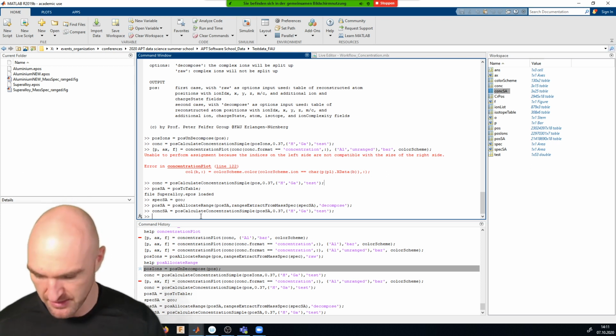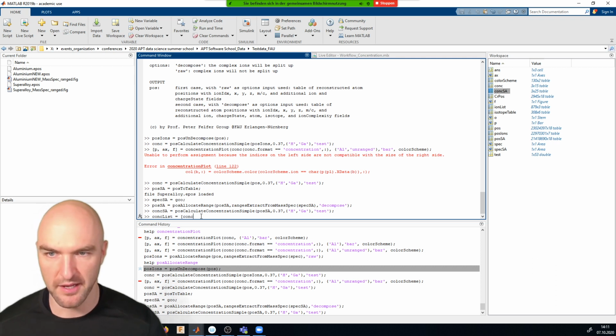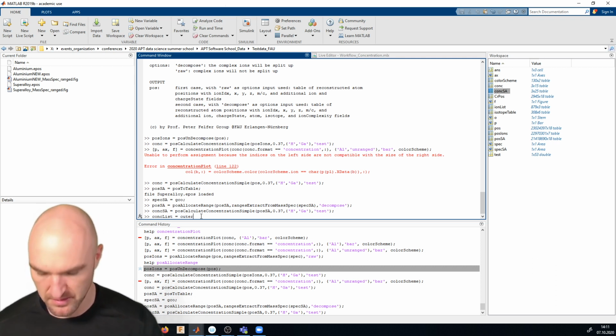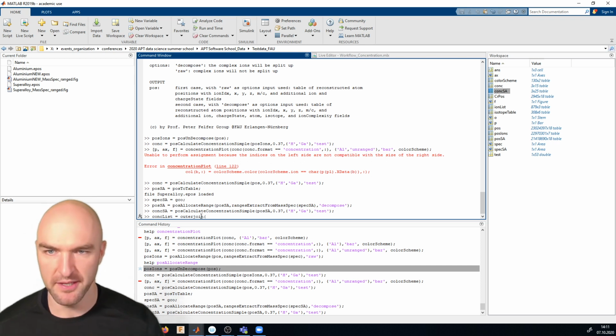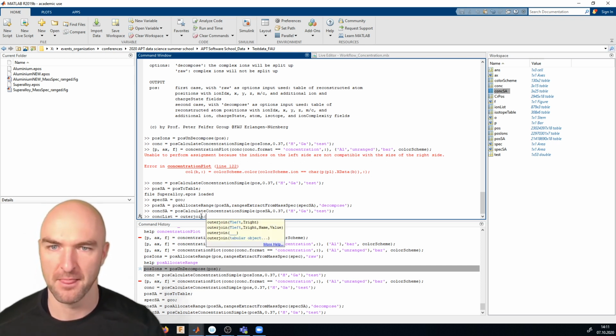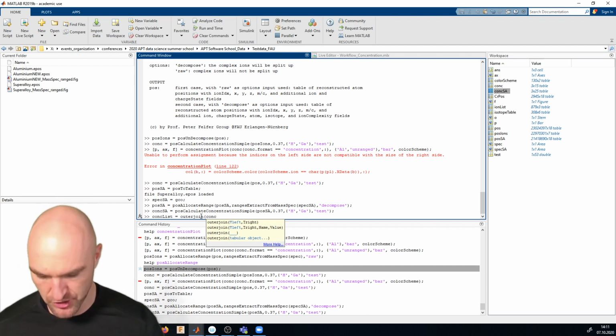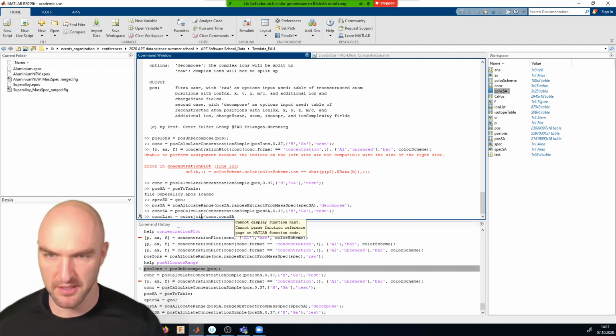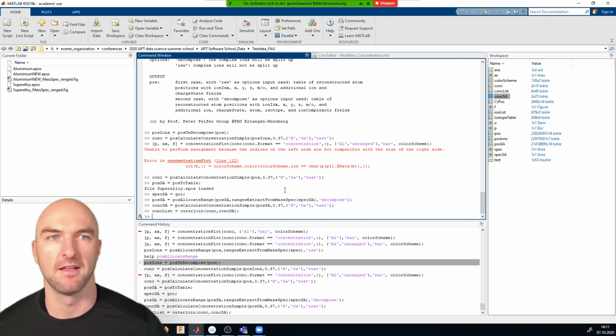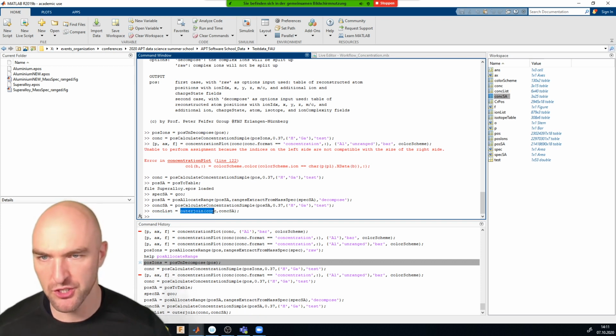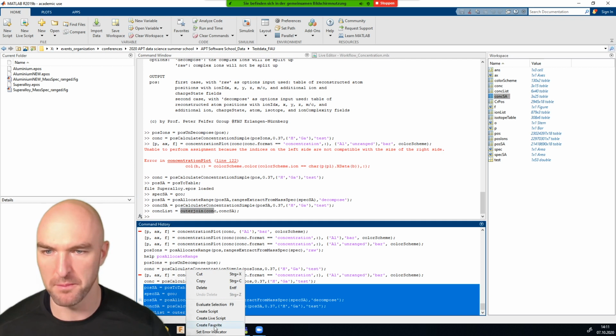And for that, I'll create a new variable called concentration list, which is just simply an outer join of concentration and concentration SA. Outer join is an operation that allows us to combine